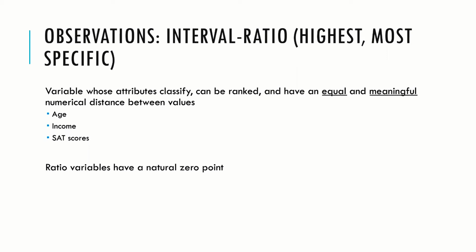And I add here that it's a meaningful value. And when I say meaningful, I mean that 1, 2, and 3 aren't just numbers that we threw on. 1, 2, and 3 are attached to something, and the distances between those numbers are equal. The perfect example of an interval ratio variable is income, right? Where it's measured in dollars, in cents, and less than that, right? Smaller than cents, right?